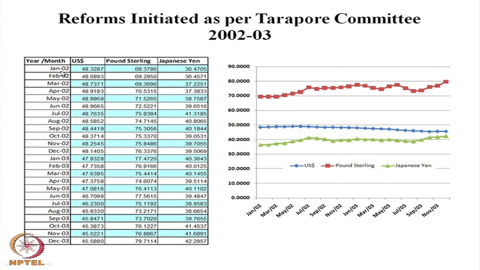January 2002 to December 2003, the two-year period, the rupee appreciated against the dollar. Similarly, against pound sterling a little bit, and against the Japanese yen also. This is the first time in the achievement of the last 10 years of reform measures that the rupee appreciated against pound sterling, against the Japanese yen, against the US dollar. This appreciation affected our exports, and realizing this,